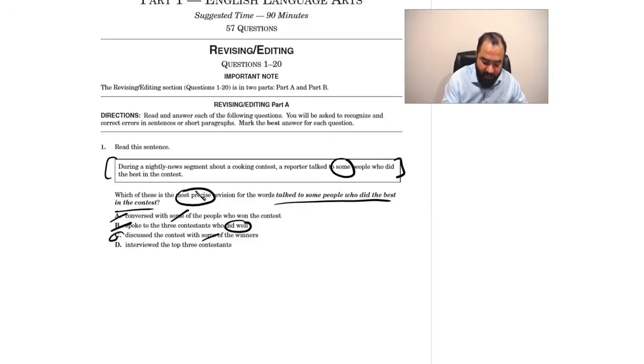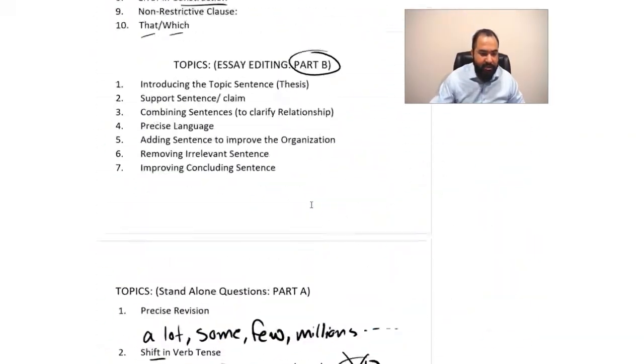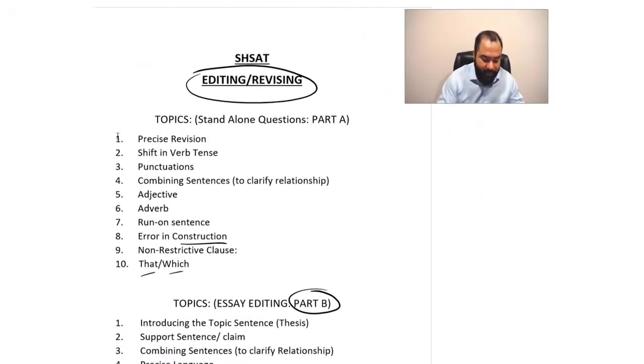Again, the word "some," we don't want it, so it's out. And this is the only thing that remains, so it must have been the answer. And also it says "interviewed the top 3 contestants." So this is more specific and precise. That was the precise language that I talked about, number 1 that we dealt with, like precise revision. This is the